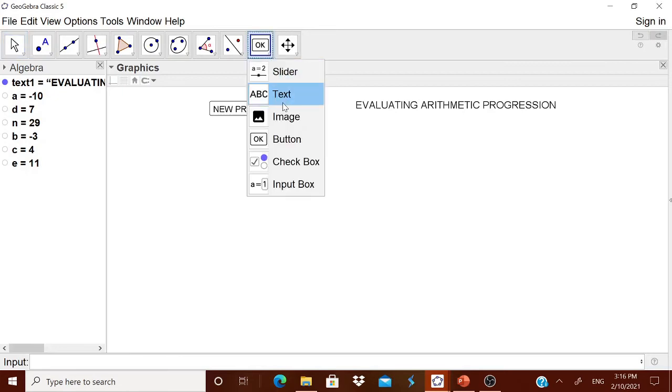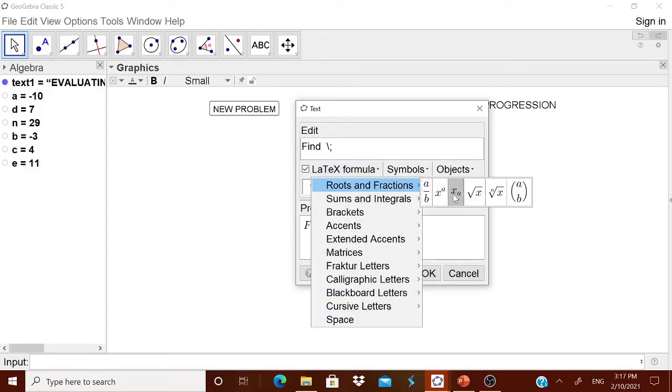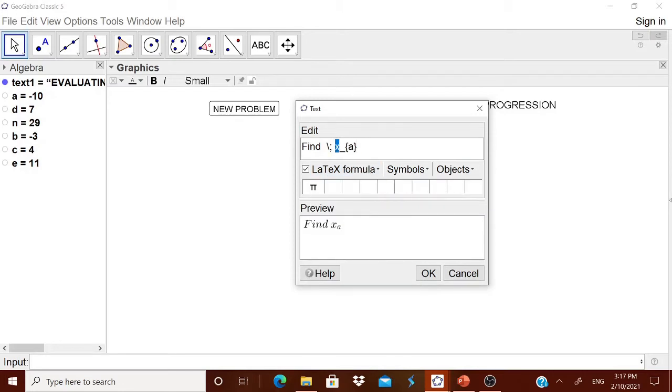Therefore, you have to go to the text. In that, go to the LaTeX formula. Then LaTeX, space, then go for this subscript formula, then T. In that, you type N, because for every problem it is going to change. Here in this problem, it is T29, T29, again space, for the sequence. Normally we will not use the word arithmetic progression. You can use the term arithmetic progression, or you can use the word sequence.